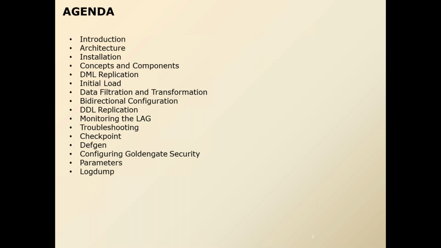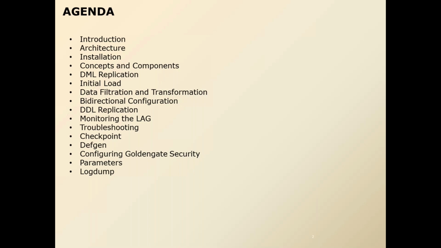Then Golden Gate parameters, which are very important: how to create parameters, how to understand parameters. Basically, upon completion of this training, you may be giving interviews, and you will be hired as a Golden Gate administrator where you need to design and set up Oracle Golden Gate. So you need to create the parameter file. Also, you may be asked to support any existing Golden Gate environment. There you should be able to comprehend existing parameter files. So parameter files are very important, and we'll be discussing that.